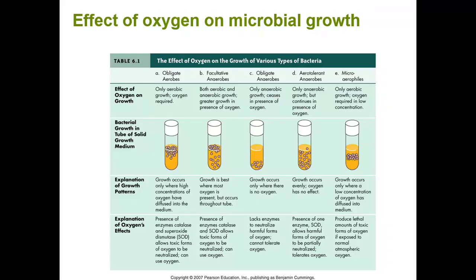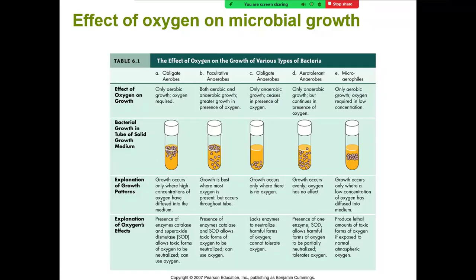So at the top of the tube, we'll have full oxygen. At the bottom of the tube, we'll have no oxygen. And as you go down the tube, you'll have less and less oxygen, meaning an oxygen gradient will be established in the tube. When you inoculate the thioglycolate tube with an aerobe,